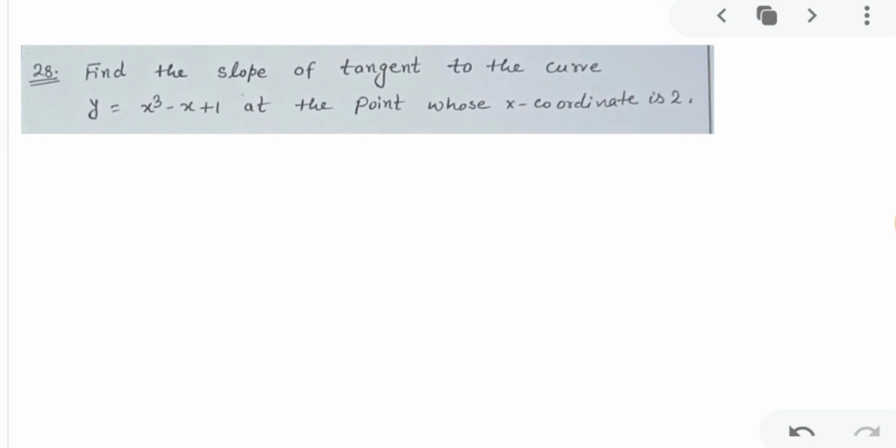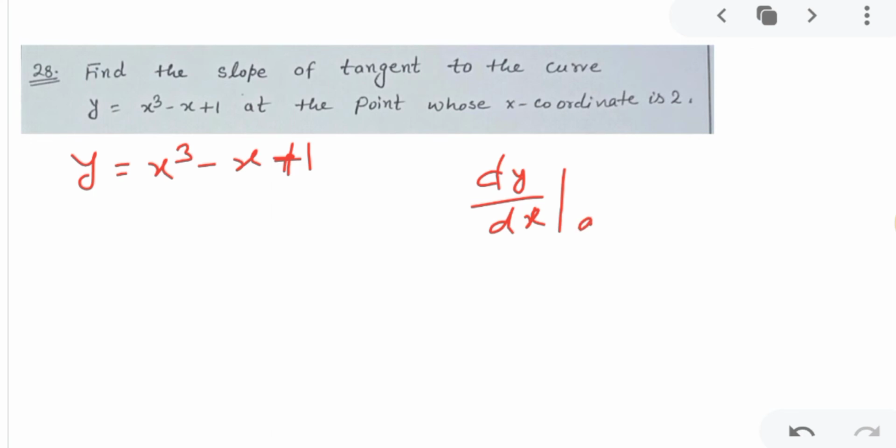Okay. So, the given curve is y is equal to x cube minus x plus 1. We studied that for any curve, the slope will be dy upon dx at a point; if it is asking at any point, say x equal to a, this will be our slope. We understood this, correct? So for this, first we need to find dy upon dx.